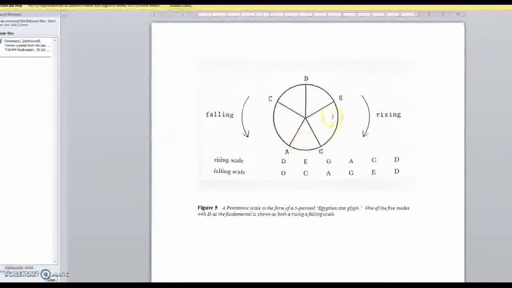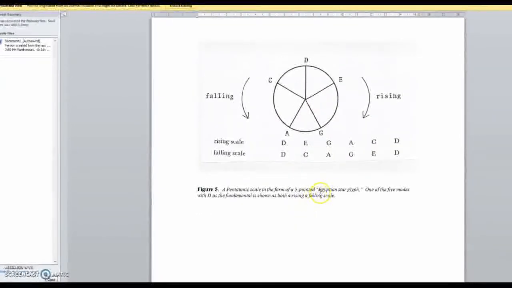Here's an example of the pentatonic, that 5-note tuning system, which is built in there, and even the Egyptian star glyph. Is this one of the things they're pointing out? The Egyptians had their lyre, and it's not written down in a nice, convenient, peer-reviewed ISBN number left on some piece of papyrus, and so therefore it can't be accepted.